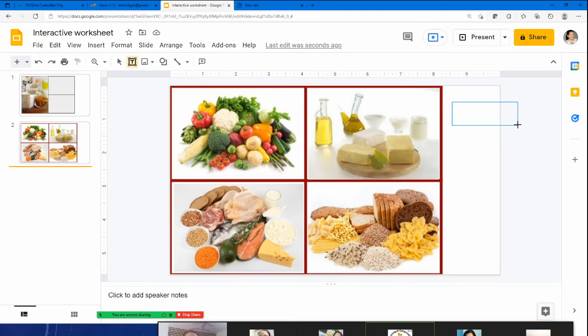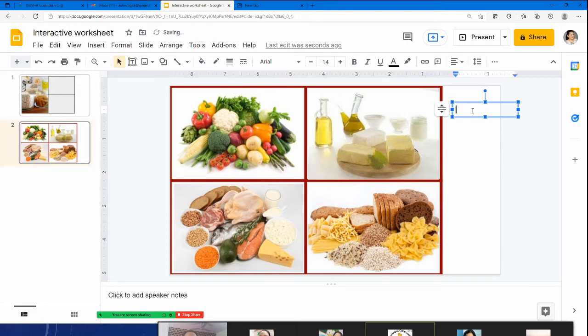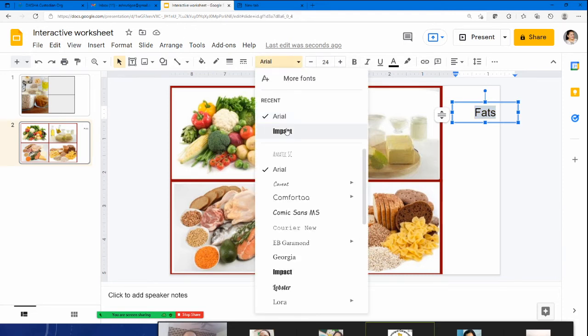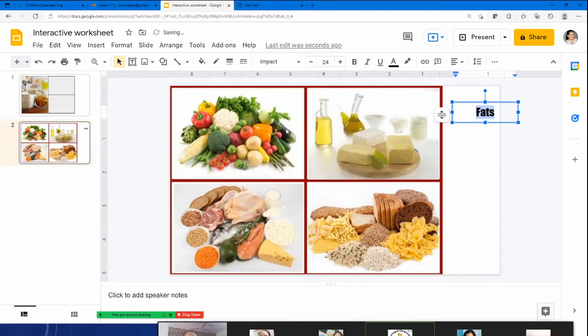Now it's totally up to you how you want it. Okay, let's suppose I want to write down fats. You align it. If you want, you can increase the size. Let's suppose I have made it into 24. Okay, I can change the font also, maybe Impact, because then it will be nice.